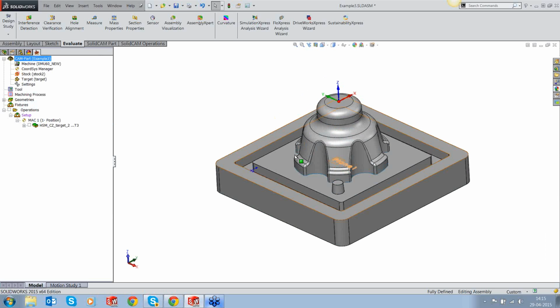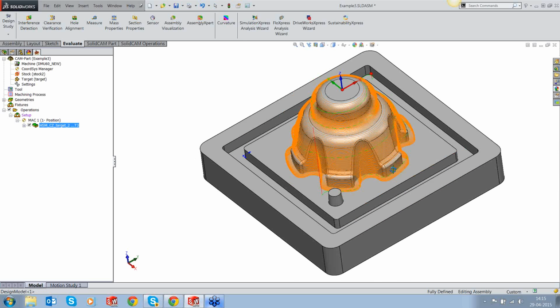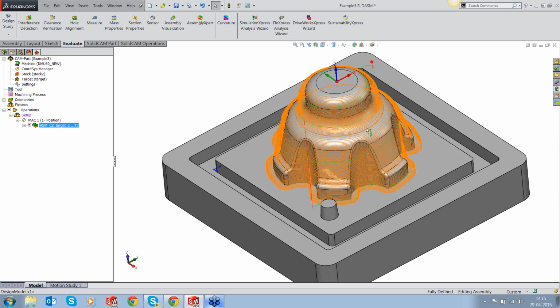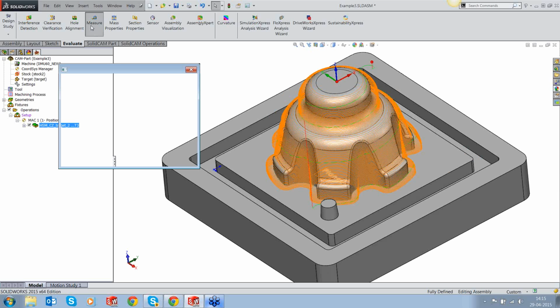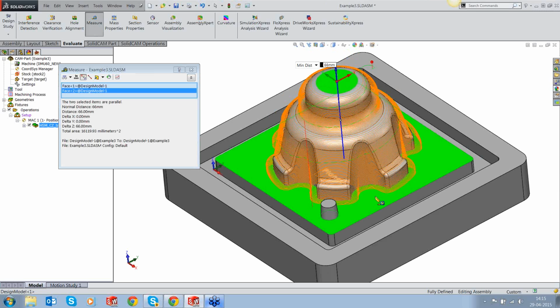What I have done is generate, in 3-axis or in HSM, a constant Z toolpath. Now, if you look at the height of this part, it is about 66 millimeters. So I will need a tool slightly more than 66 millimeters to machine this part,